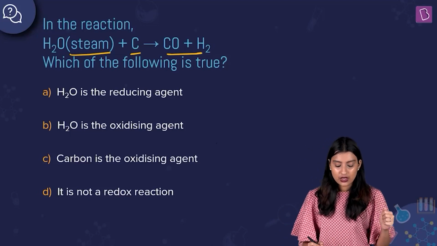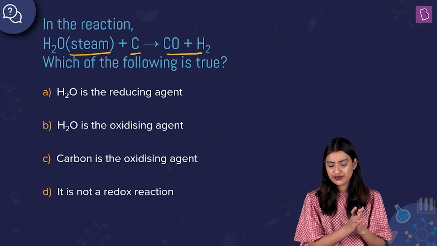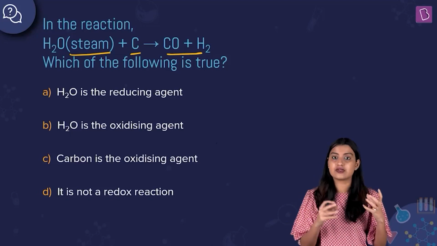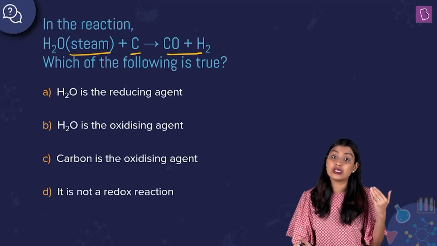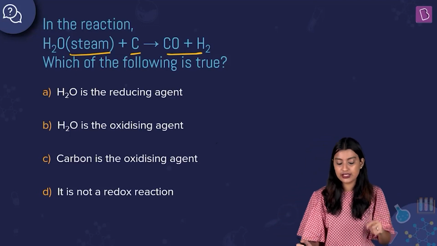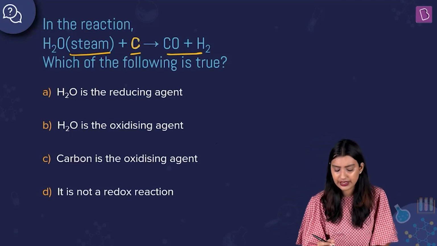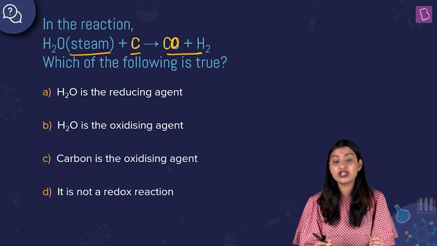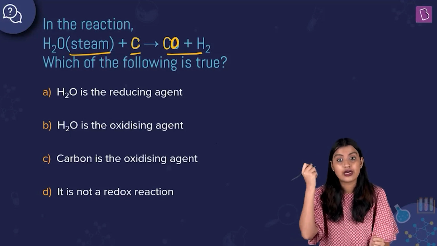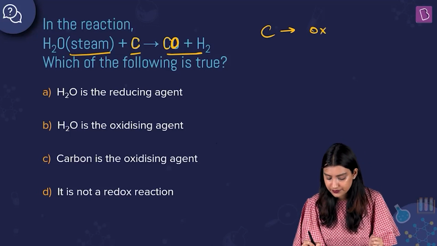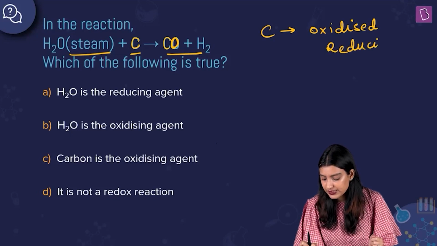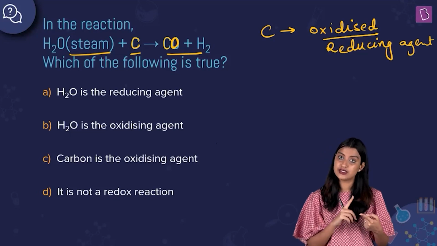So let's see. Okay, so you can see that here you don't even need to go to the idea of oxidation states to understand whether this is a redox reaction or not. This is very simple. You can understand this even with the help of the classical concept. Basically, you can see that here you have carbon, right? Before the reaction, you have carbon. After the reaction, you have carbon, and that oxygen has been added onto the carbon, which means carbon got oxidized. Carbon got oxidized, and carbon is the reducing agent, right? Because whatever gets oxidized is the reducing agent.